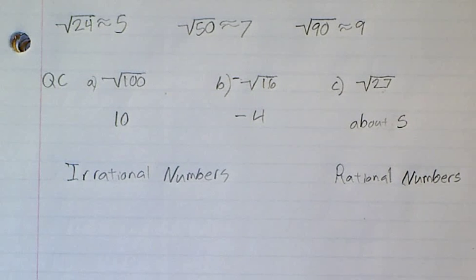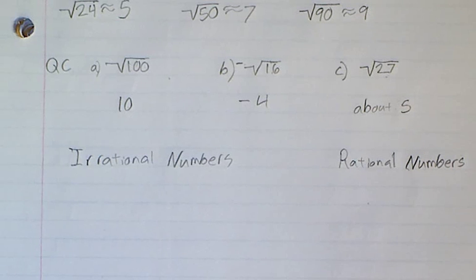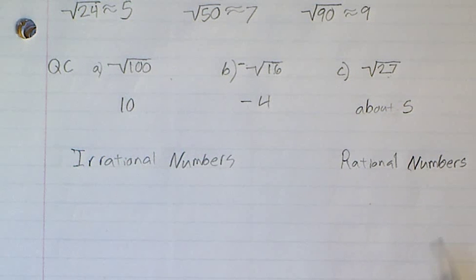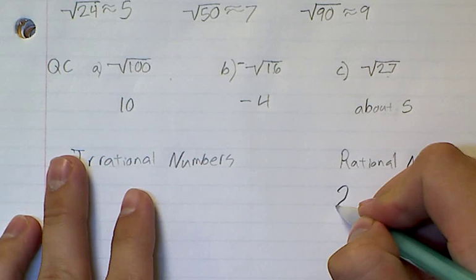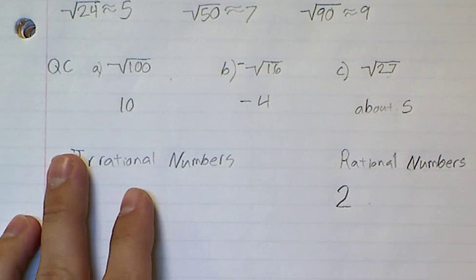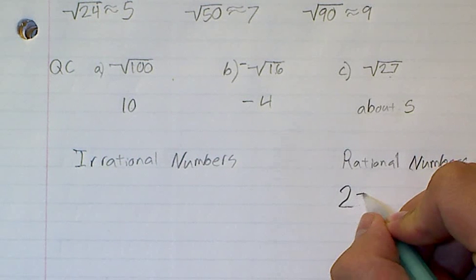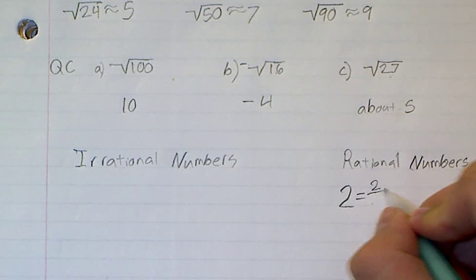Let's take care of rational numbers first, because they're actually numbers that, whether you guys know it or not, we've seen them a lot. A rational number is any number that can be written as a fraction. So that means any whole number is a rational number. How do you write a whole number as a fraction? Remember, class, you just put it over 1. We've done that a lot with